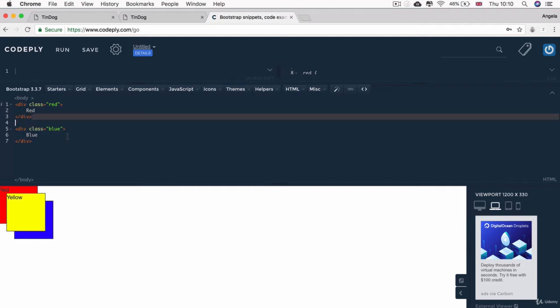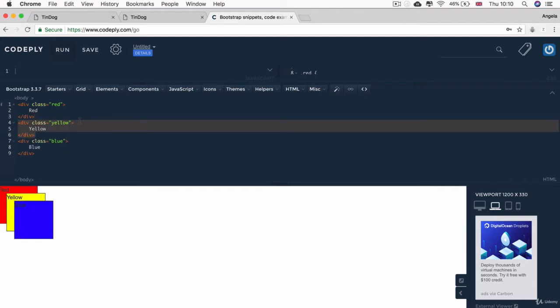Now let's just undo that, because there's other ways of changing the stacking order. You don't really want to have to go into your HTML and move bits of code around just in order to change how it's stacked, right? You want to use CSS. And in order to use the CSS to change the stacking order, we have to use the property called the